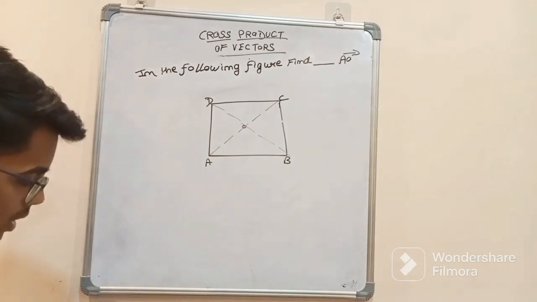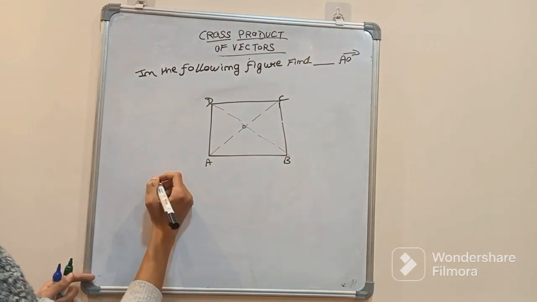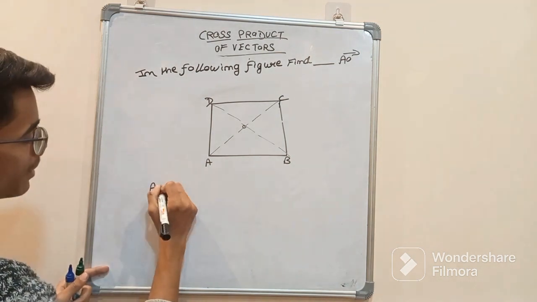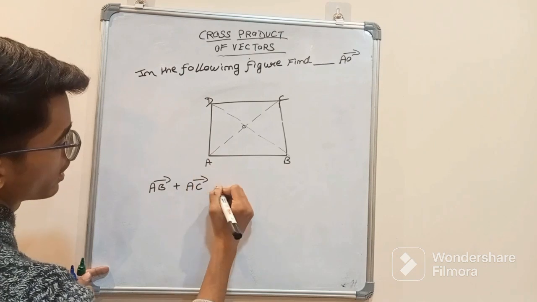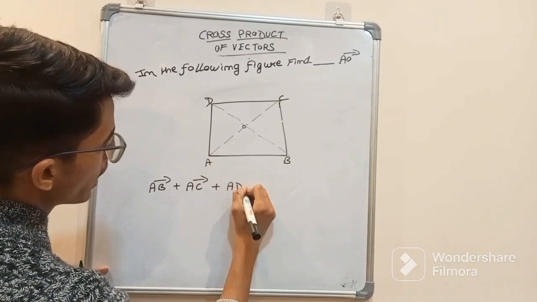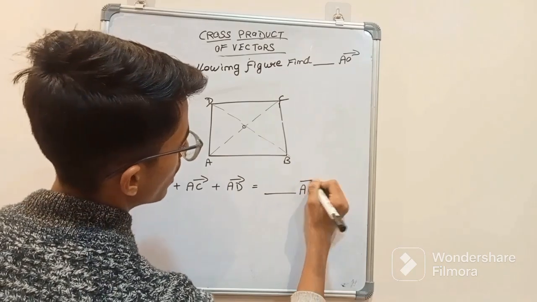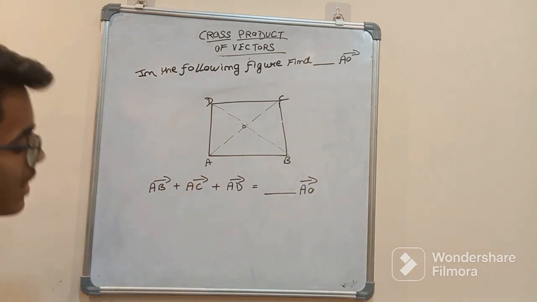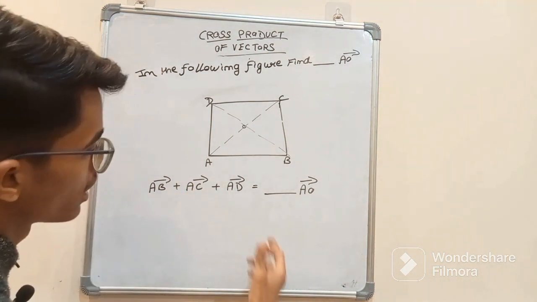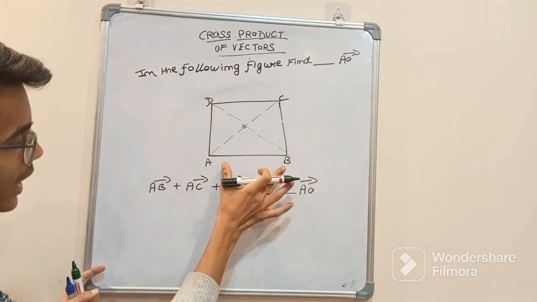Okay. Now, we are given AB vector plus AC vector plus AD vector is equal to how many AO vectors? This is the question. AB vector plus AC vector plus AD vector is equal to how many AO vectors? So, this AB vector,